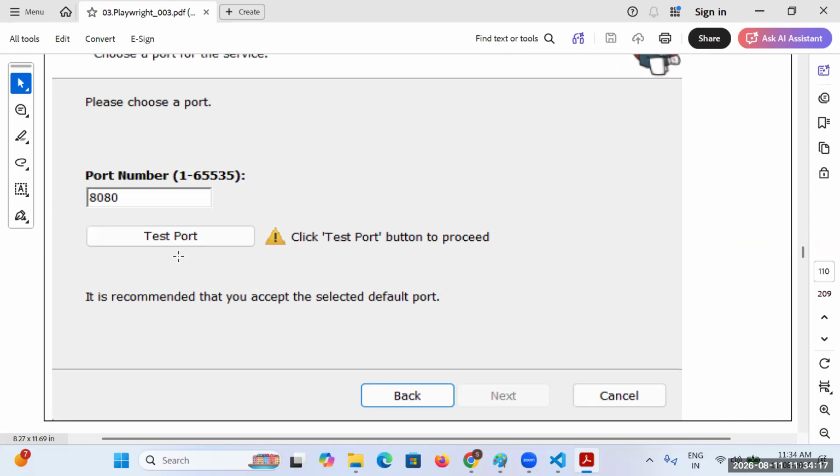By default, it will go with the port number 8080. Sometimes, if that port number is busy on your system, we can change the port number to 81, 82, any number.